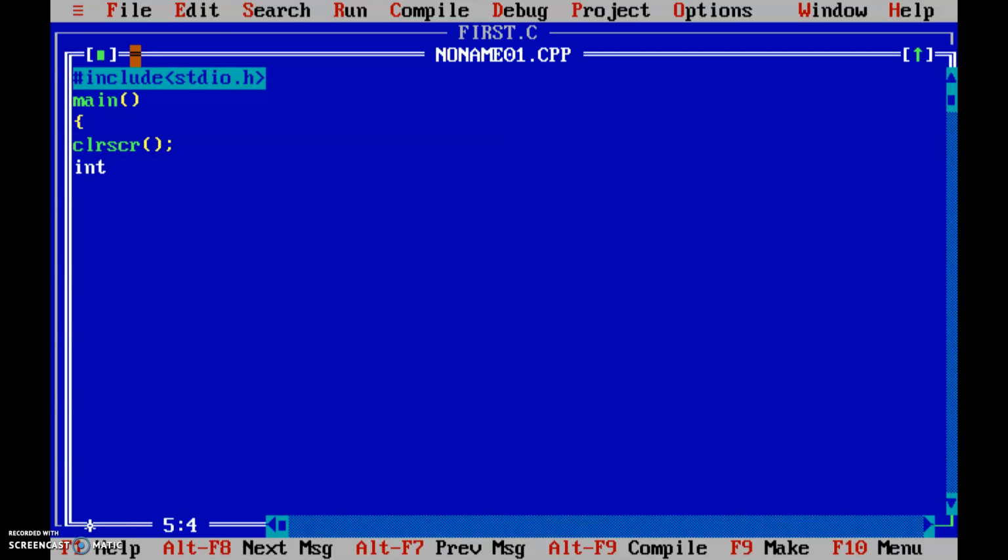For example, I am going to assign int mark is equal to 89. So here mark is a variable, 89 is a value. So the value 89 is stored in that variable mark. Now I am going to display this mark value on the screen. So printf, mark is the integer data type, so we are using %d as a format specifier, mark.